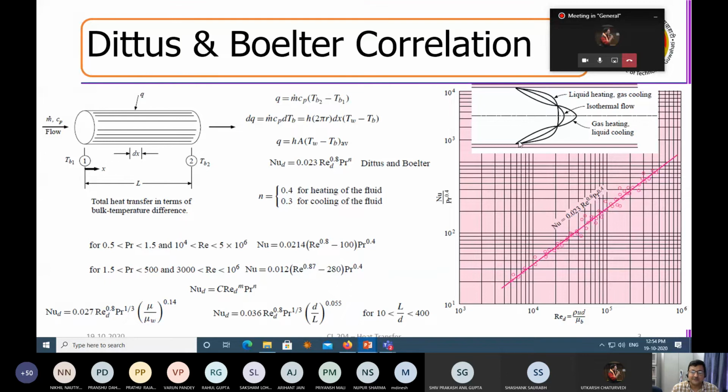And this framework was first proposed by two very prominent engineers, Dittus and Boelter. So this is called the Dittus-Boelter framework, and they suggested that for turbulent flow, the Nusselt number will be equal to 0.023, like this type of fitting, Re to the power 0.8. It is a famous Dittus-Boelter equation, which has been used very extensively for different types of heating and cooling of fluids across different types of geometries, right?